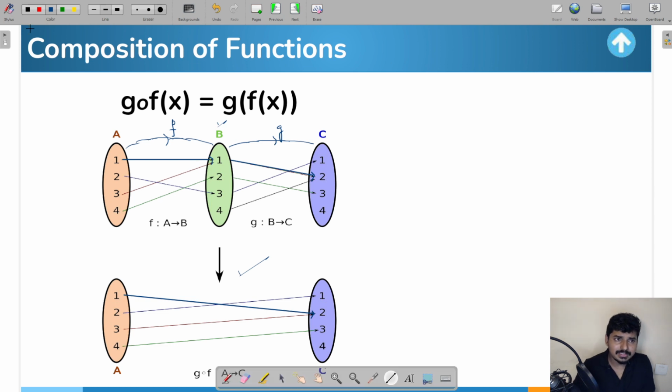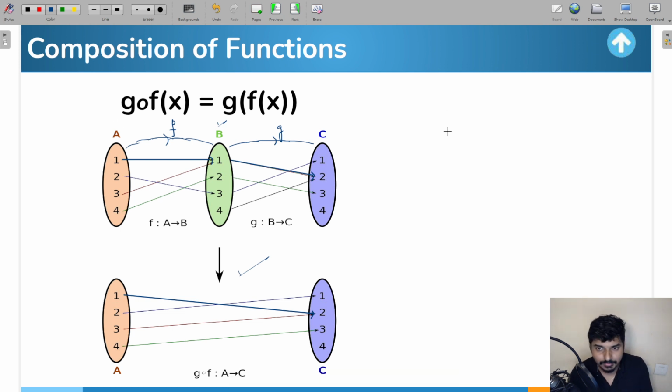So to understand this like a machine, like I already told you, there are two ways of understanding the function. One through the Venn diagrams, through this particular method. Another way is through the machine. So if you want to understand the composite function through the machine, you can actually understand it in this way. So let me take two machines for you, one after the other in this particular way.